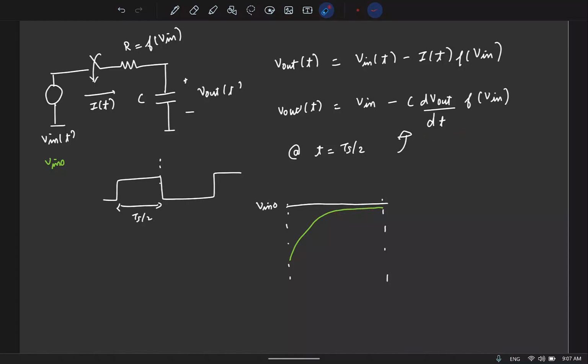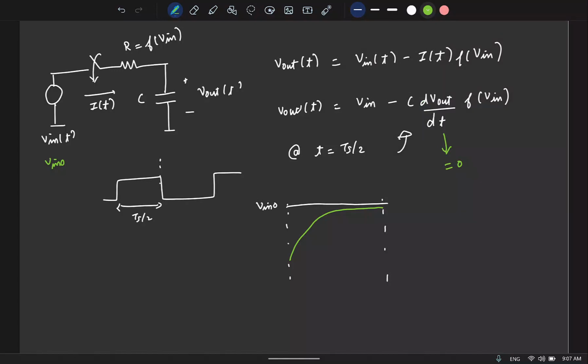Slope of the output is almost 0. As long as you choose the RC time constant to be small enough, the output voltage will settle close enough to the required input. So the slope of the output becomes closer and closer to 0 towards the end, right? So this term will actually tend to 0